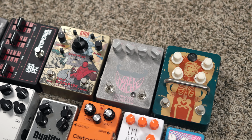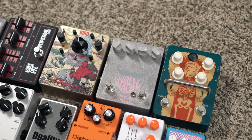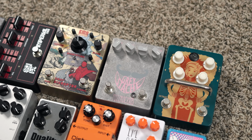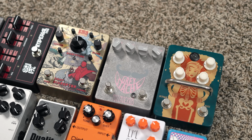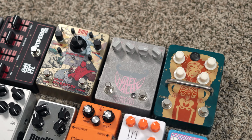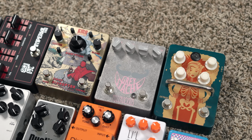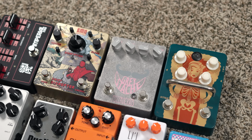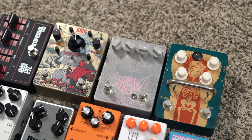Y'all can watch that demo, and it is just such a fun pedal to me. Next to that is the Gray Stash, which was my go-to fuzz pedal forever, and I still love this pedal to death. It's so simple, very straightforward, but a lot of fun with a lot of different options at hand too. And then to the right of that, we have the Orange Fur Coat, which is an octave fuzz that